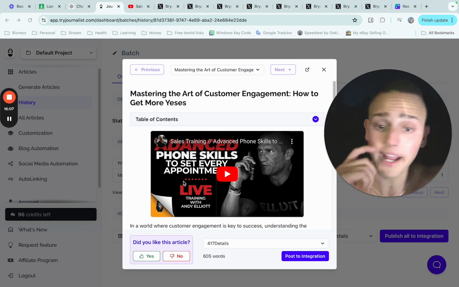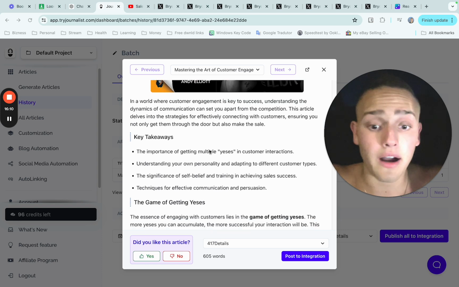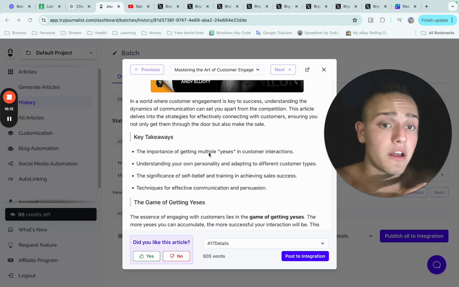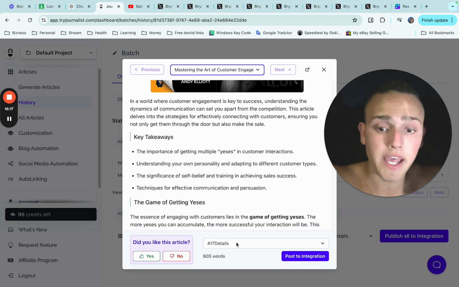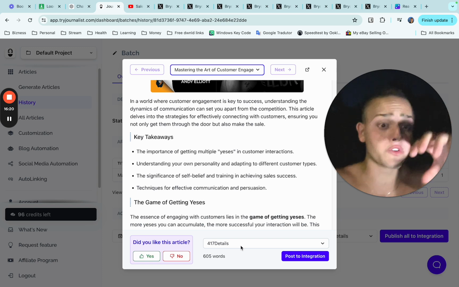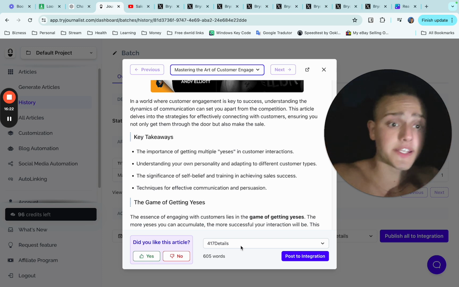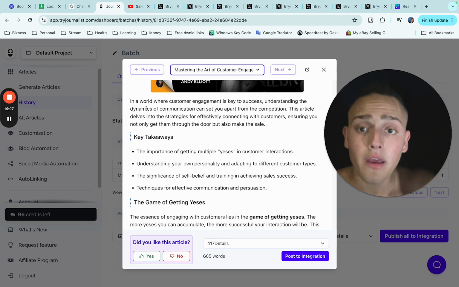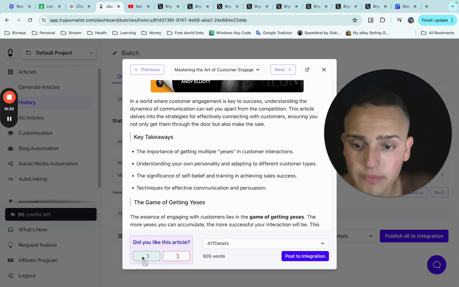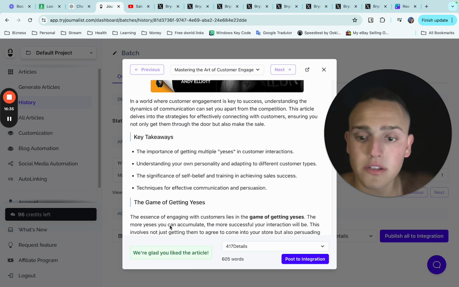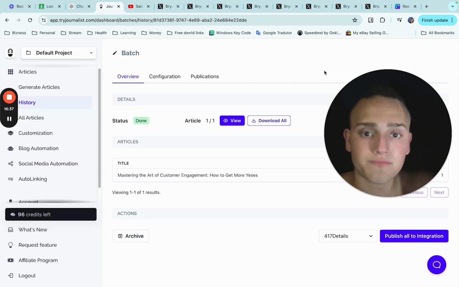I can just post it from here. I've linked my website, so I can post it to my website. If I have several different clients, say I'm a marketer, I can have several different websites, several different portals in here for each one of my clients, and then I can just sift through and select which one of my clients I want to post to. Let me go through here. Yes, I like the article. All right, so we have the article here. If we view it,